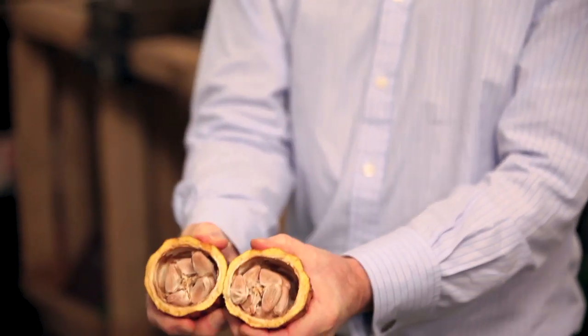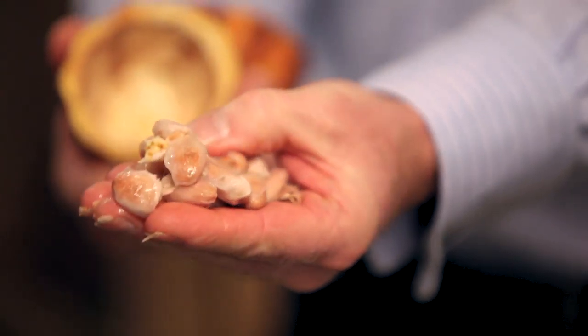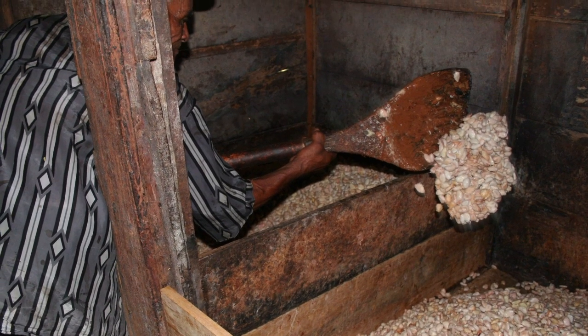Then the pod is cracked open and the fleshy pulp is scooped out together with the beans. At this point it's very sticky, very wet, and the beans taste very bitter. The fermentation process takes about 4 to 7 days, and what really happens there is that the sweet pulp turns into an alcohol and a vinegar and runs away from the bean. What you're left with is a sticky clump of beans, which then are taken out and put onto drying racks